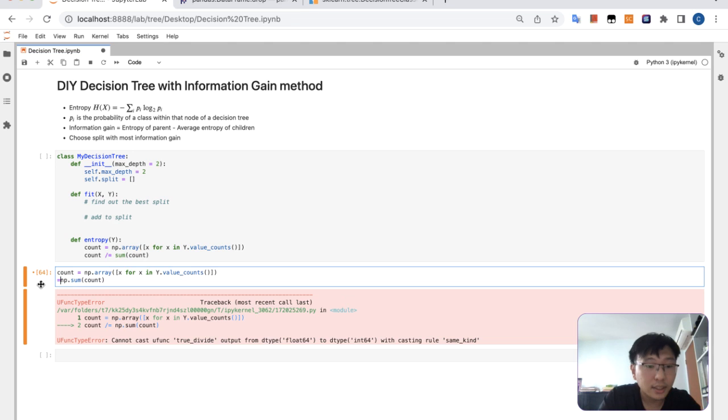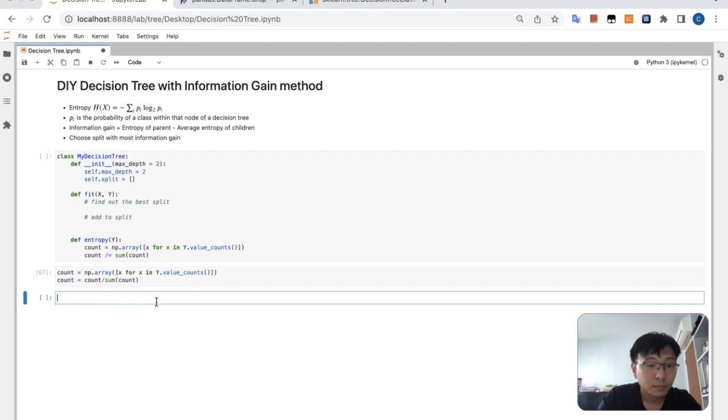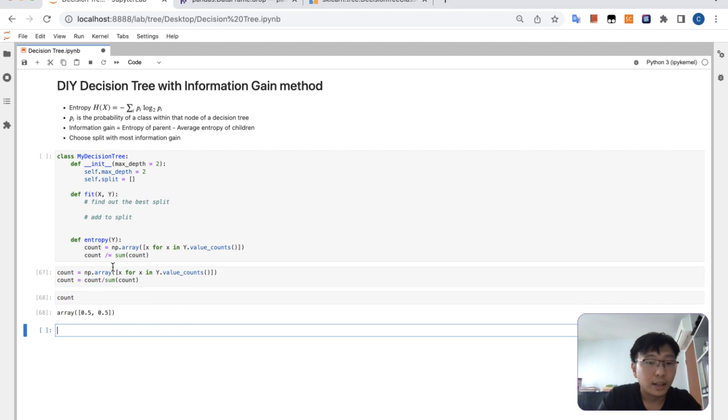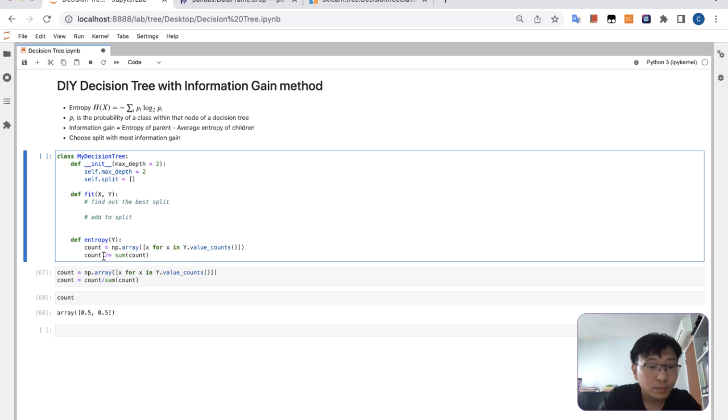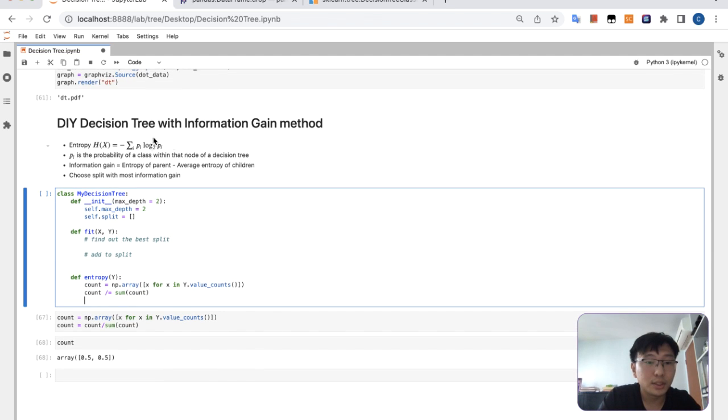All right, let us take a look at what this is. The numpy dot sum of count is this. Okay, so we are able to get this. So we can make this like that, and then we can return the entropy. So what we will do is a term, and maybe we just call it E. We basically need to do this thing here. So we just do the sum